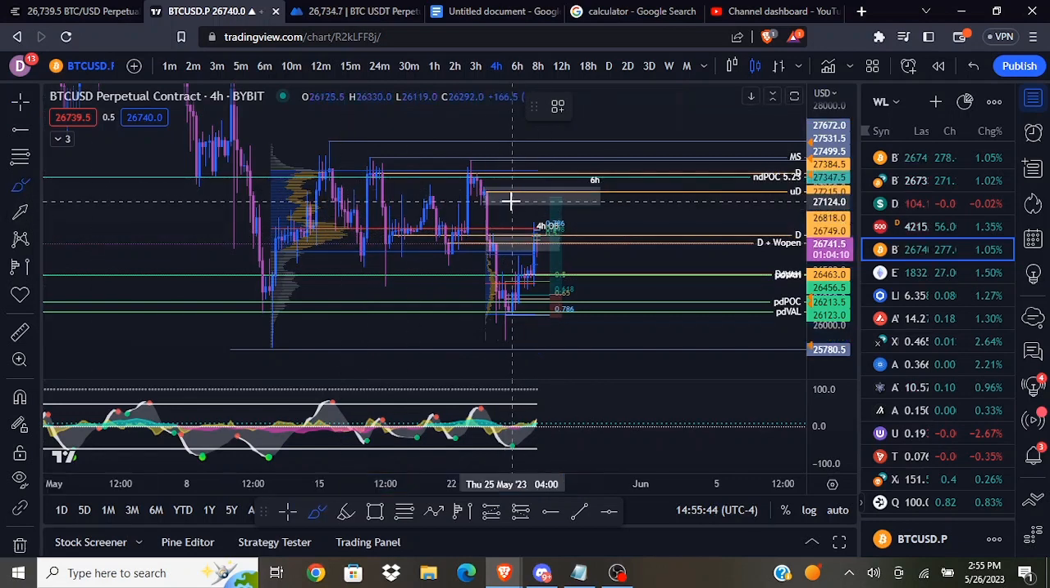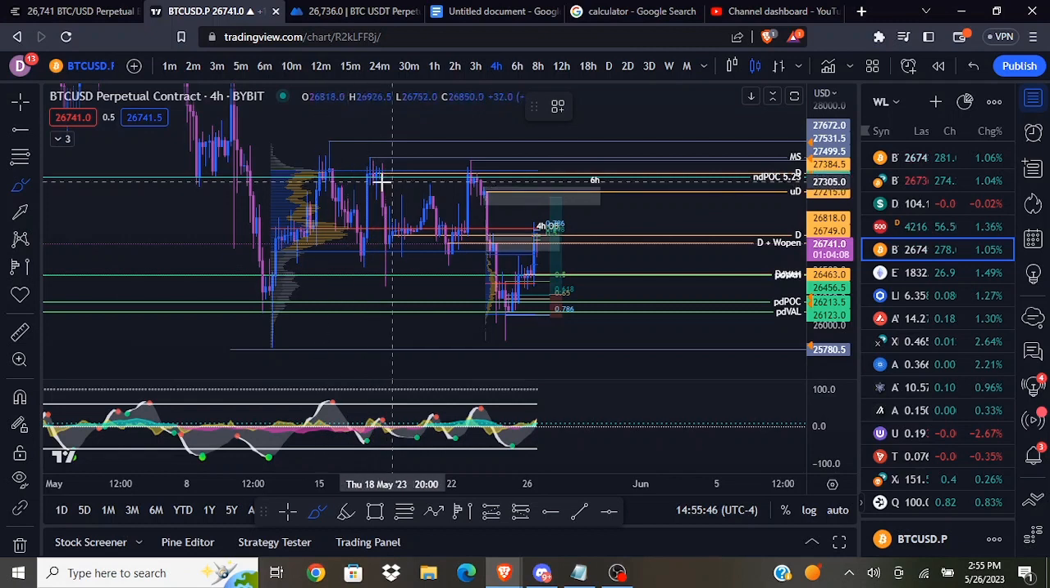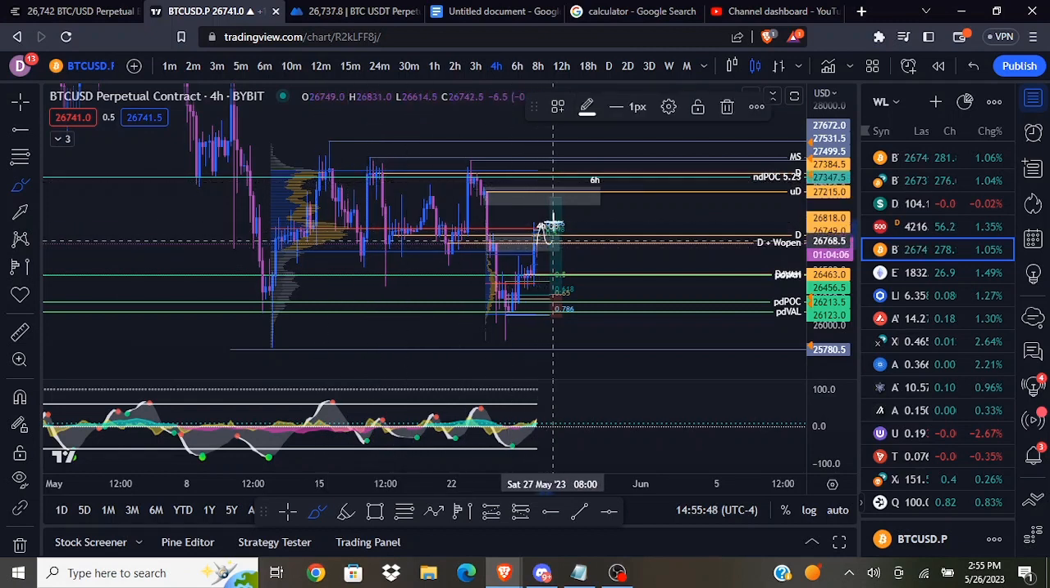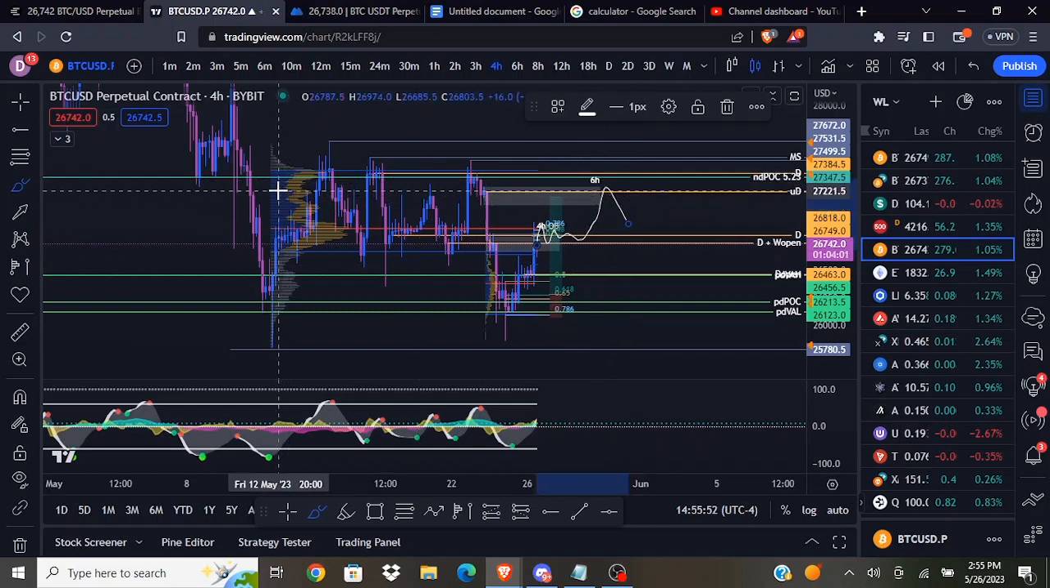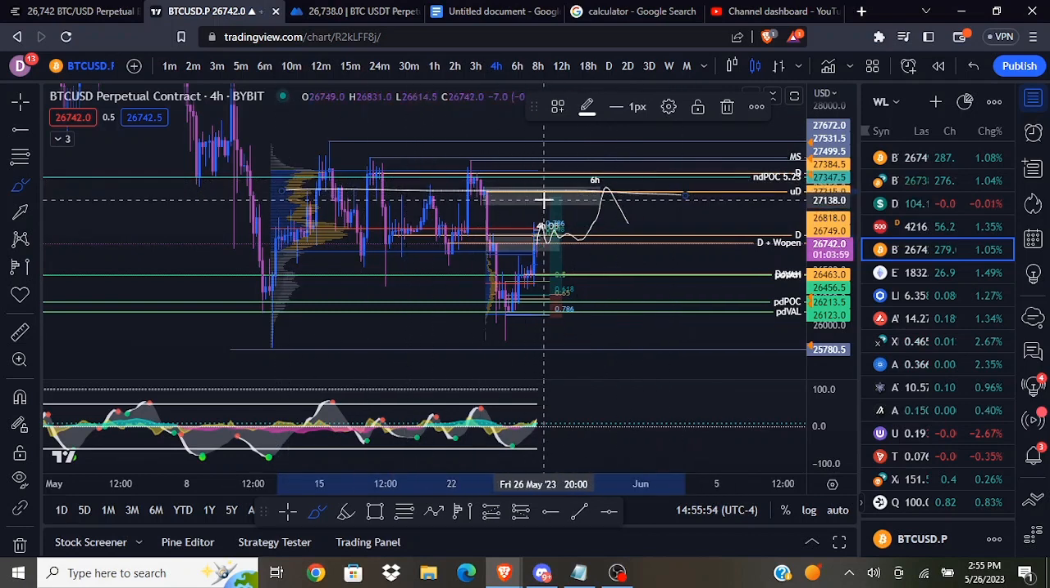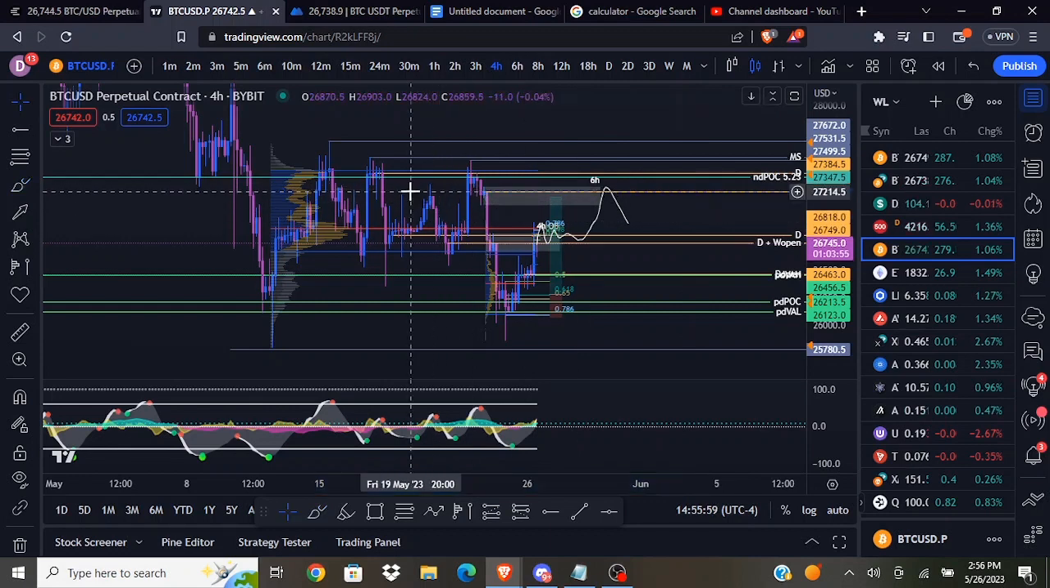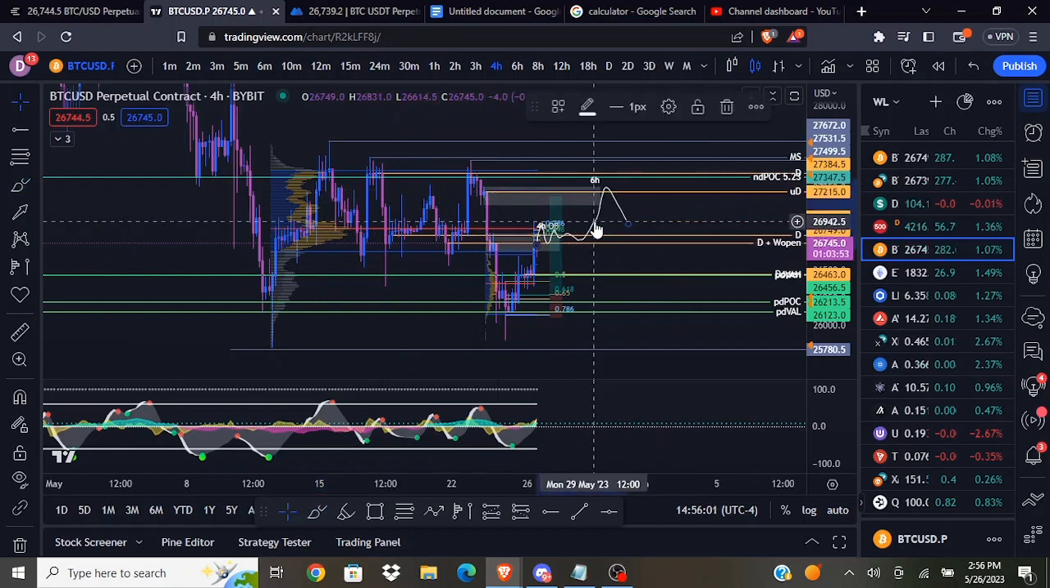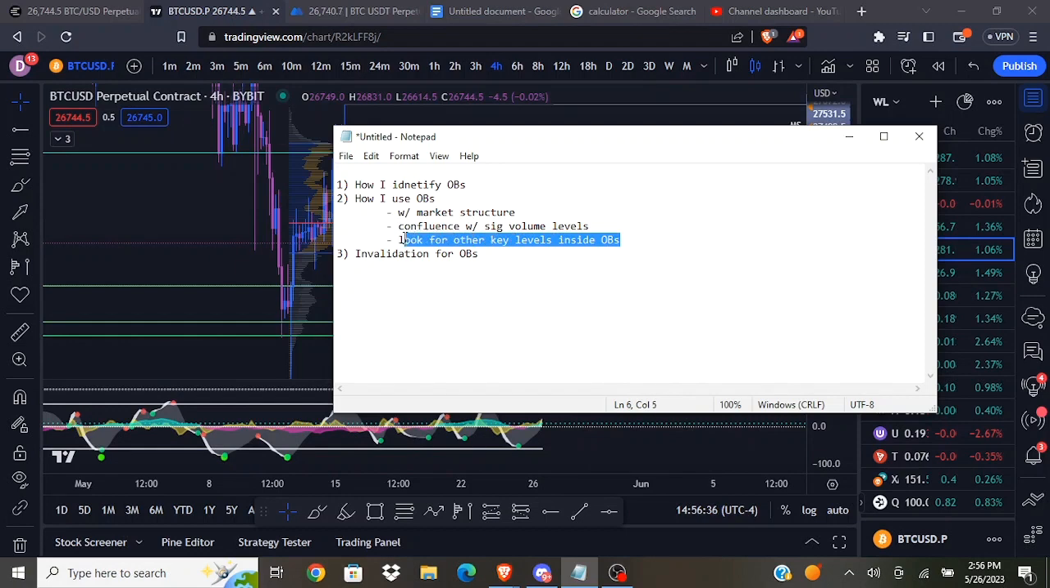But if this order block was at the value area high of a range, let's say maybe we continue trading here for a little while and then we come up to this order block later, and by that time the value area high has shifted, then I may put some more weight on this just being at the value area high of a range. And I also like to look for other confluences, other key levels inside of order blocks